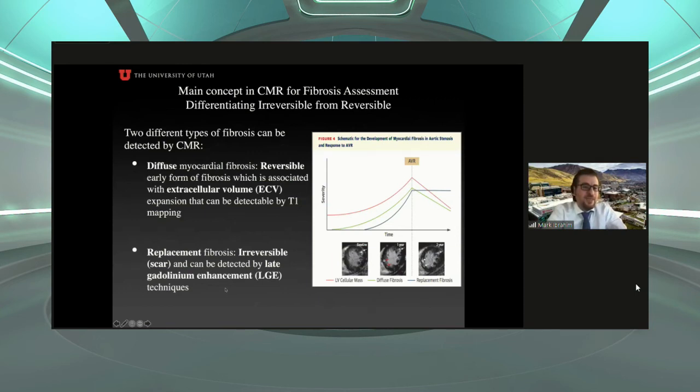But if you intervene after you get scar, which is here in this purple blue, you will not be able to reverse it. So the common sense here: if you have a disease like severe aortic stenosis causing myocardial fibrosis that could progress to become a scar, if you intervene at the point where the fibrosis is reversible,